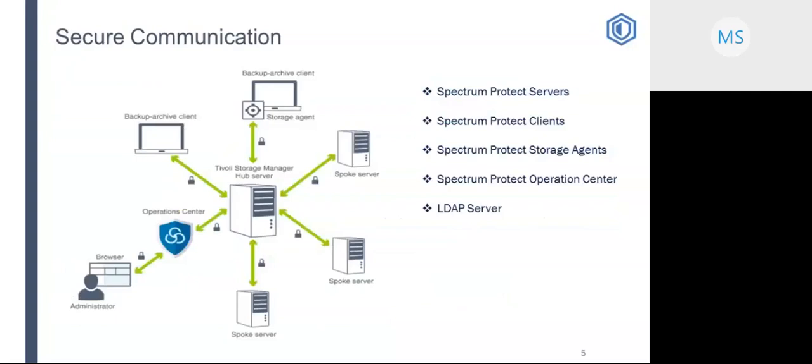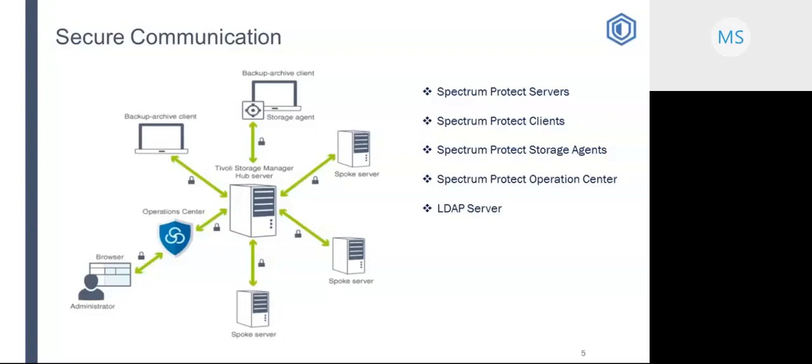Here, the picture shows us Secure Socket Layer SSL or TLS protocols are used to provide a secure connection between the IBM Spectrum Protect server, client, storage agent, and the Operations Center. Each Spectrum Protect server or storage agent has a unique private key or a unique signed certificate that is used to allow SSL connections.